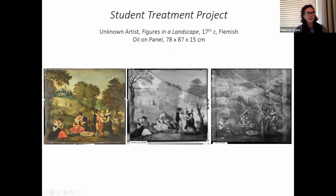The third year, as I said, is a time where you have a lot more time in the studio, but you begin the year with a 10-week research project. It's a 10,000 word research project, and it can be on any subject that you'd like. It might be a material study. You might look at gap filling for panel paintings, or you might look at a specific artist like Aviva showed earlier,